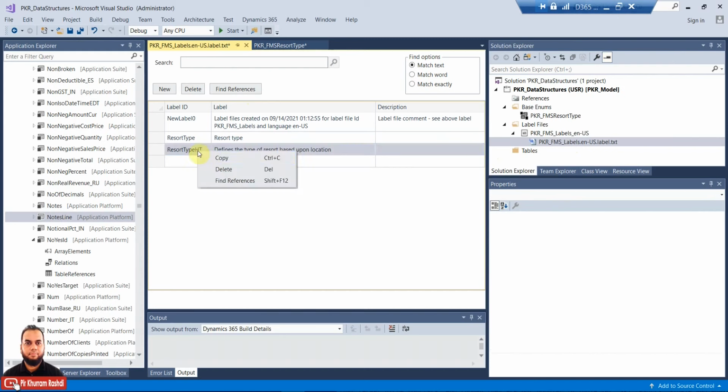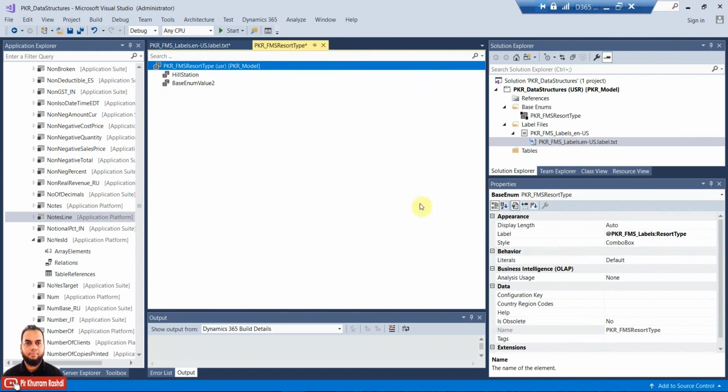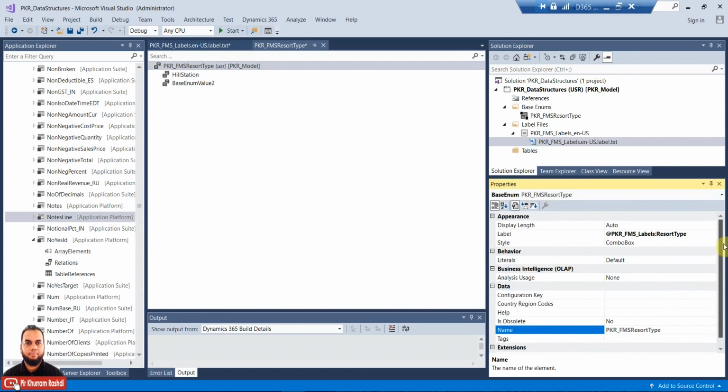And then I can also put resort type help text in the help text property of the same base enum, where it is here in the help.